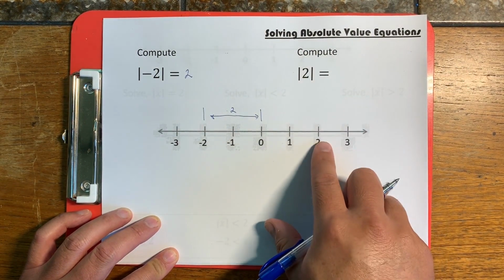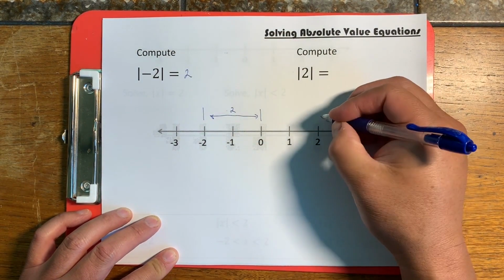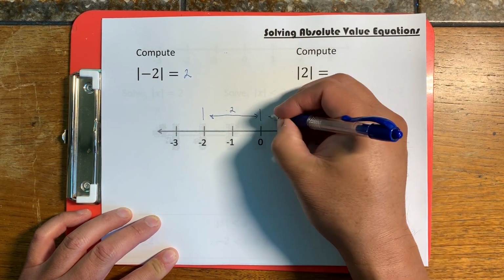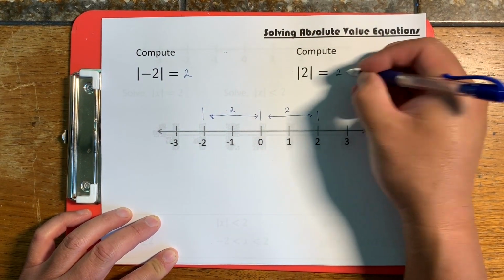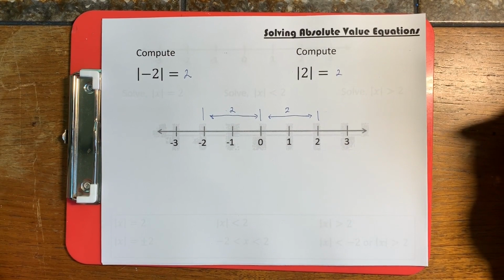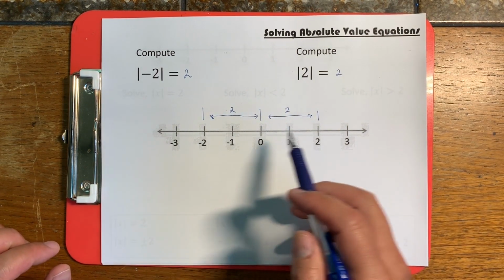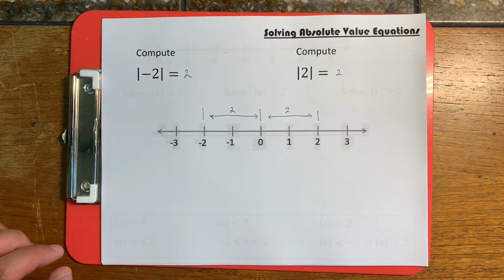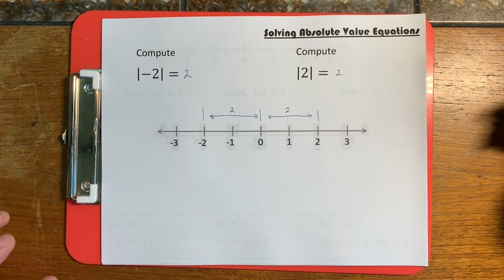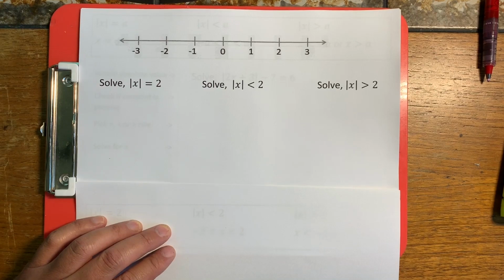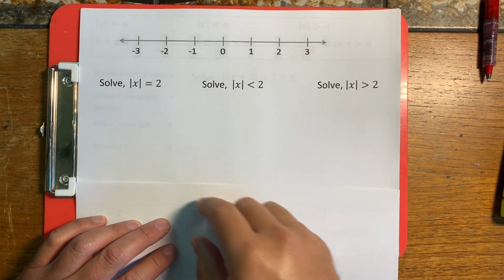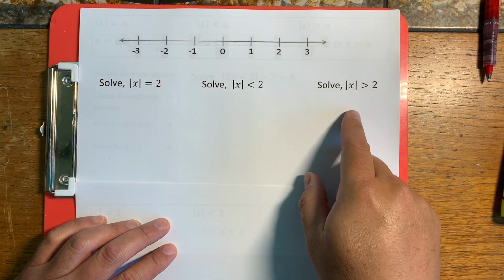Now, if we were to say how far is 2 from the center, that would also be 2. So some people have been taught that what absolute value means is just remove the sign of the number. In these sort of simple problems, that's absolutely true. So let's use a little logic and intuition to see if we can understand how to resolve these absolute value